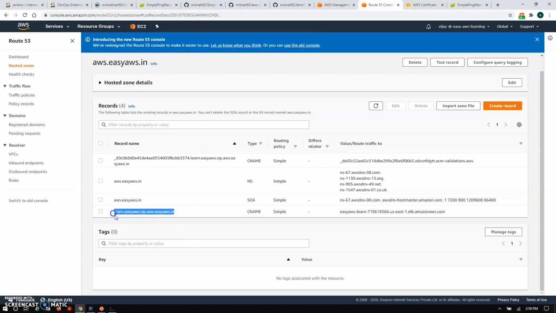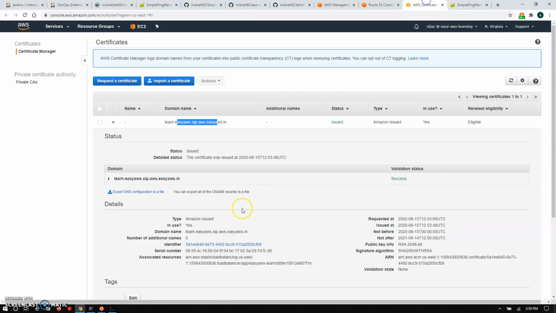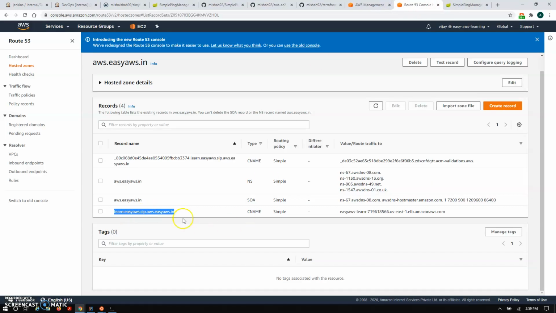You can see this is the same CNAME which we are accessing here, learn.easyaws.in. This CNAME record is created once our Elastic Load Balancer is configured, and we use the same record for creating the Route 53 CNAME records.